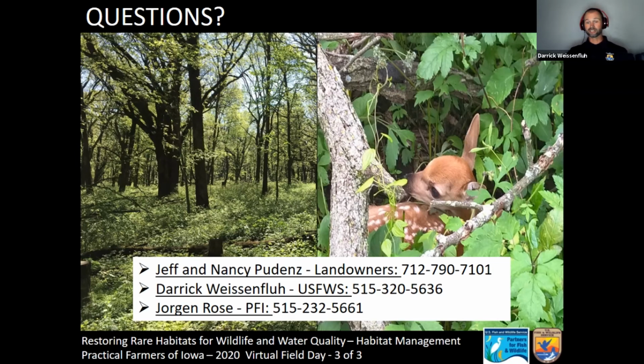A couple other ideas I'll throw out there if folks haven't thought of them. Some volunteer fire departments will actually burn. I know a number of landowners that are using that option in Iowa. It's not every volunteer fire department, but there are some that offer that service, either paid or unpaid. Similarly, I've heard some Pheasants Forever local chapters will do prescribed burning. It's certainly worth a conversation with those local chapters to see if they might have the ability to help or know folks that are